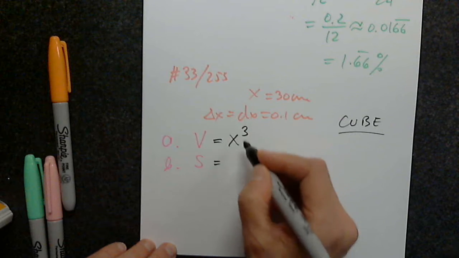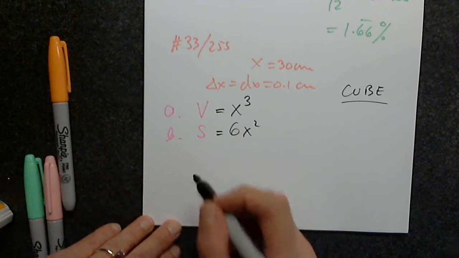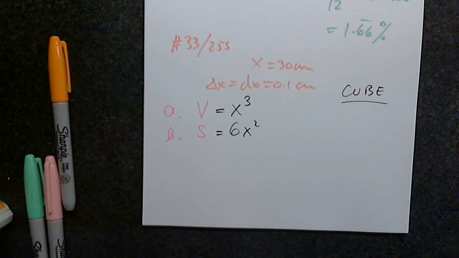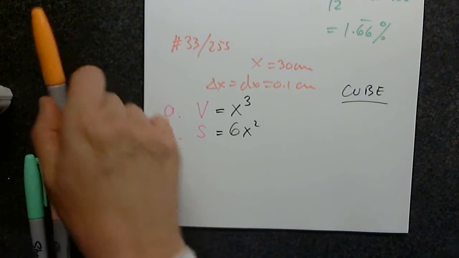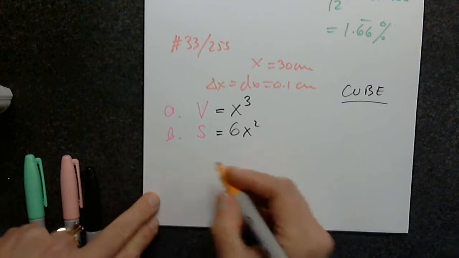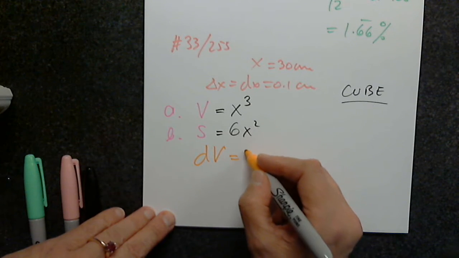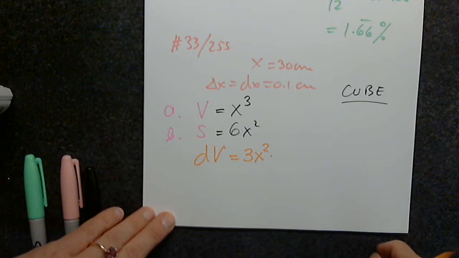Very good. 6x squared. Very good. Awesome. So let's start with the volume. Since we're asked to estimate the maximum possible error, what will I have to find? It's an estimate. I will have to find dV. Very good. Awesome. What is dV? Remember, dV is not V prime. Careful. So this will be, so 3x squared times